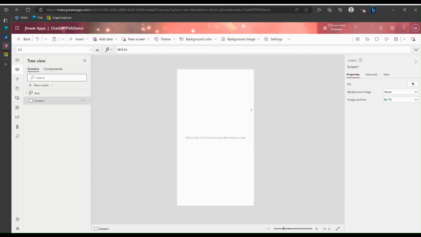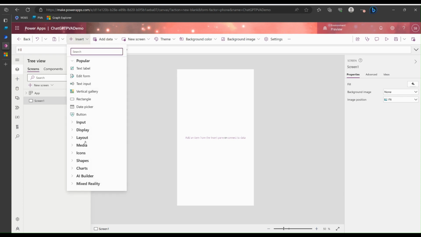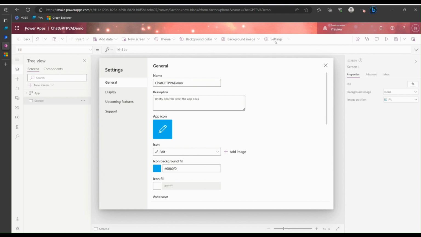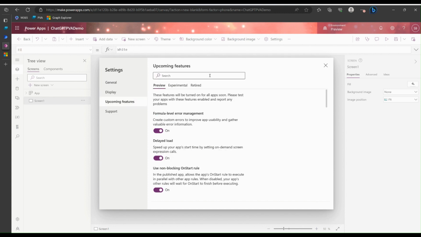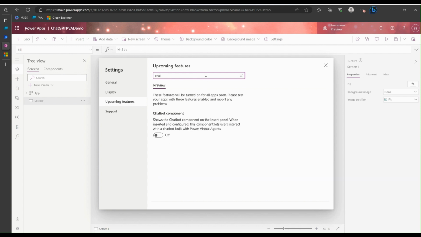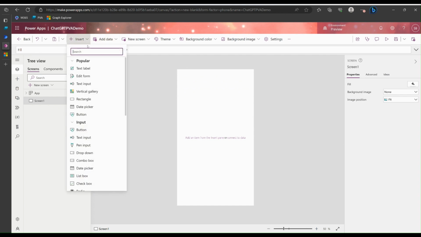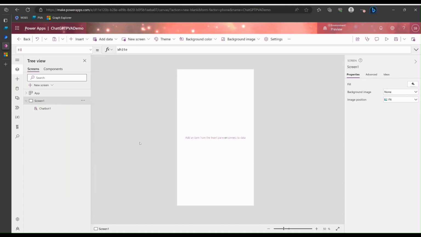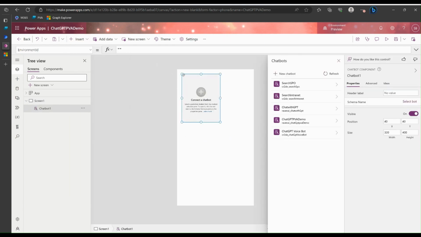Let me show you how easy it is to bring your PVA bot to the Canvas app. All you need to do is click on Insert under the input, scroll all the way down to the bottom. It's not there. What you need to do is go to Settings, go to the upcoming feature, look for Chatbot component, turn it on, come back here, try Insert Input again. Here we go, this is the Chatbot feature. Just need to drag it out,